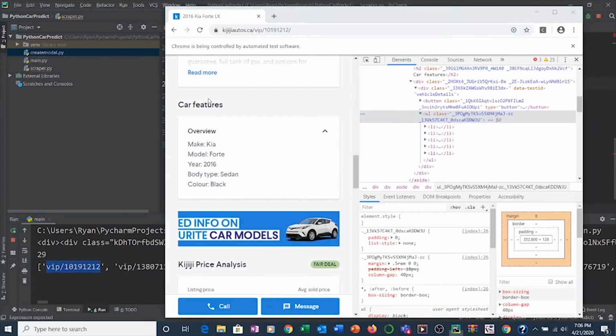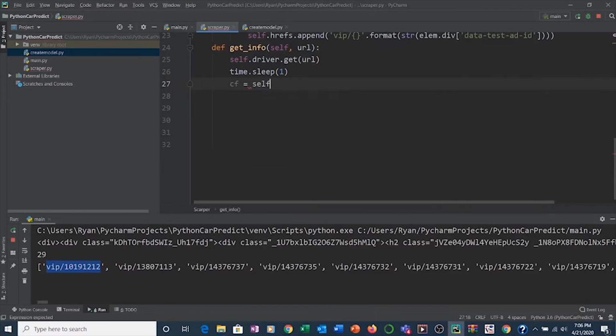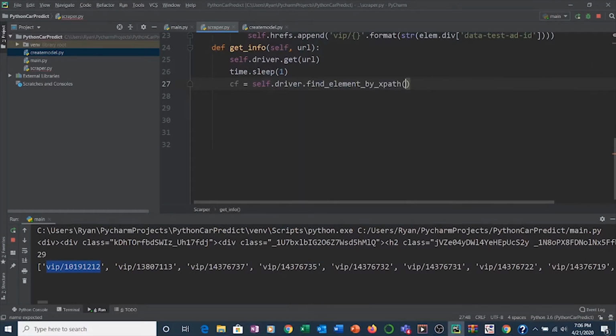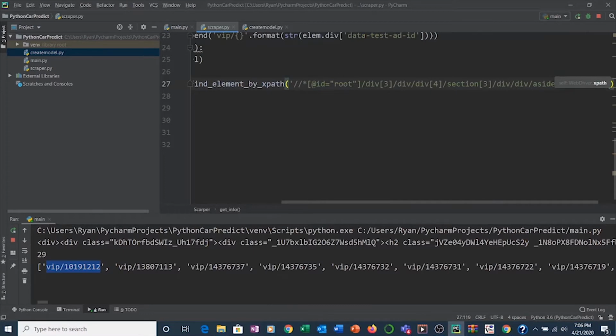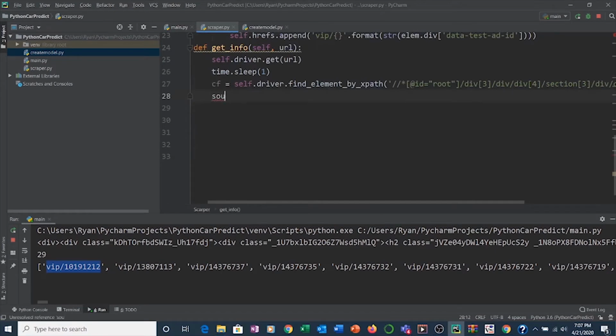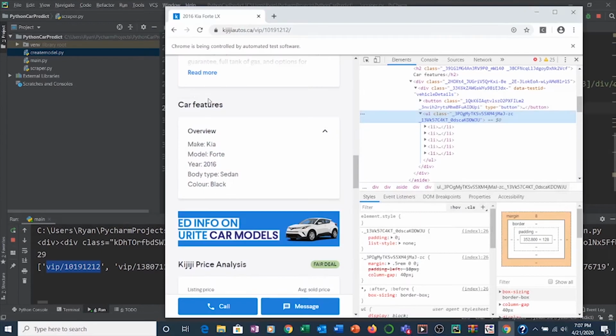So cf equals self.driver.find_element_by_xpath, and simply paste the XPath, and then we need to convert it into a soup object. So soup equals BS of cf.get_attribute of innerHTML, just like we did before. And then here outside it's simply an html.parser. There we go, we have our soup objects,